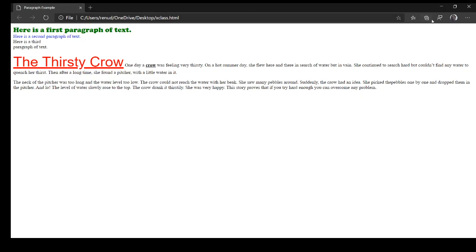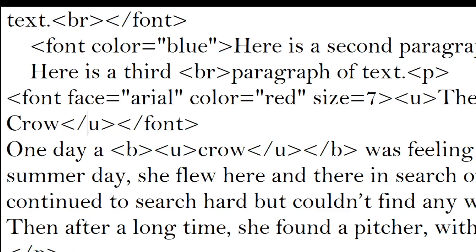Now we want the implementation of the I tag. I means your italic tag. So again you can open your notepad here, and for example, we want again the thirsty crow in italic also, then you can use the I here.